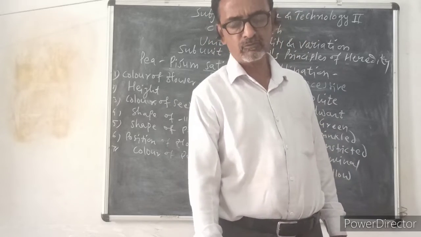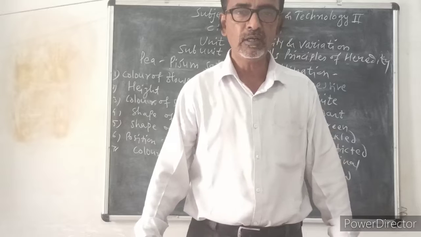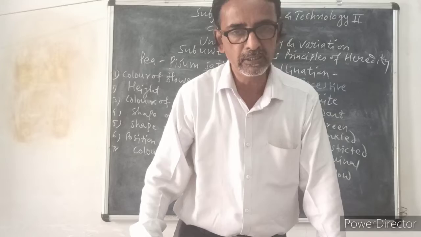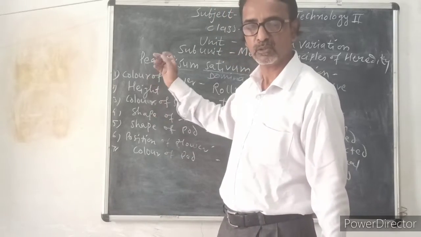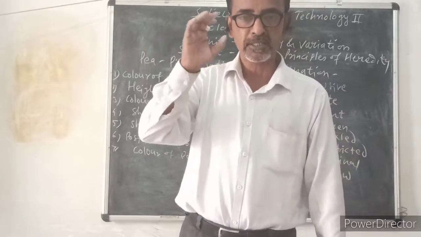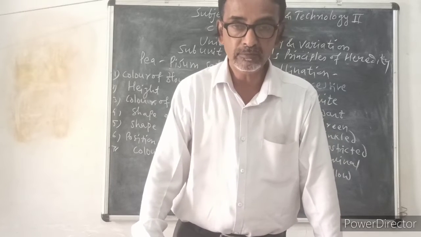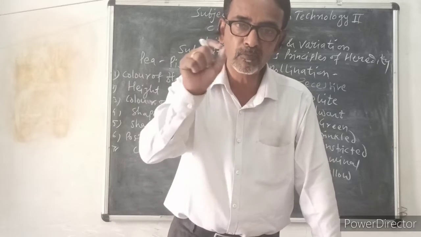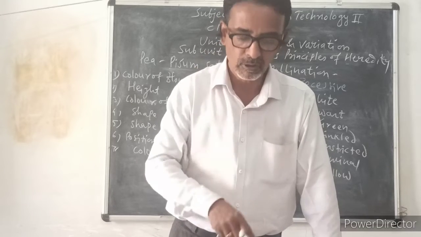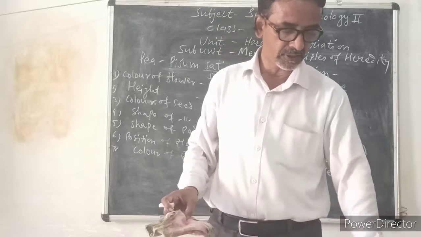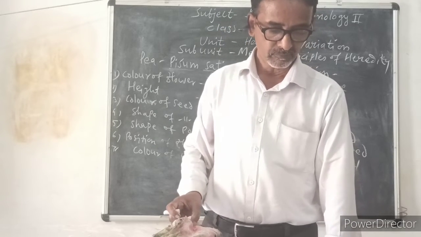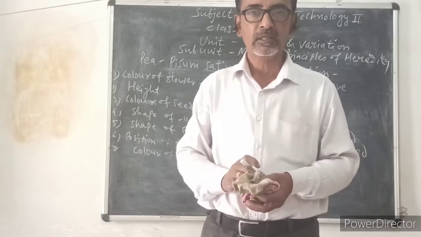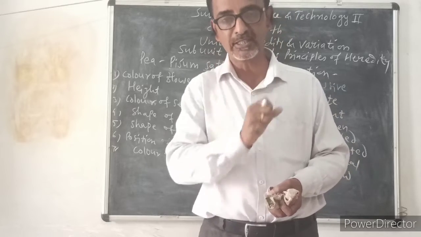But whatever the type of character, it may be dominant or recessive, it doesn't affect the life of that human being or that plant. So we have seen dominant characters, recessive characters, and the definition of dominant and the definition of recessive. So according to this, today we shall study the conclusion of Mendel's laws. For that he made some crosses.